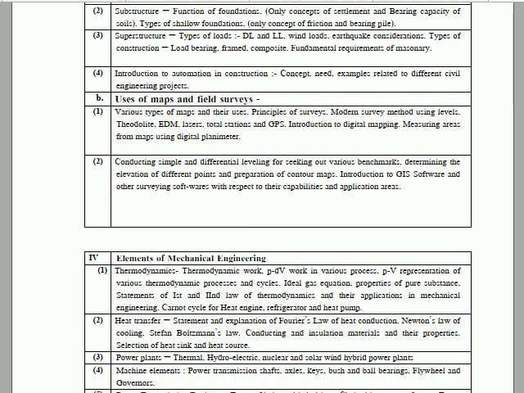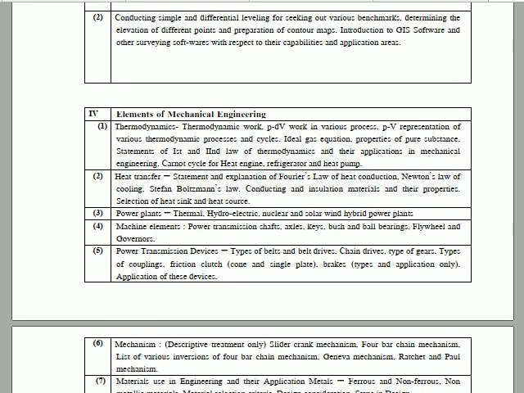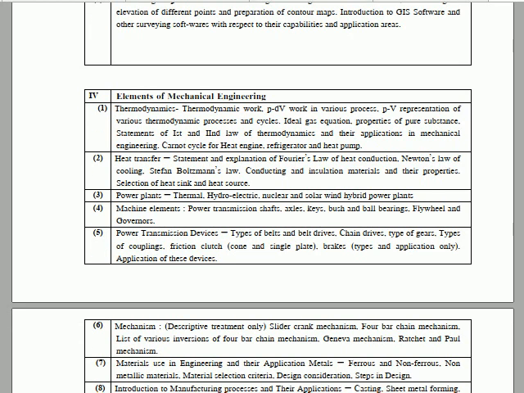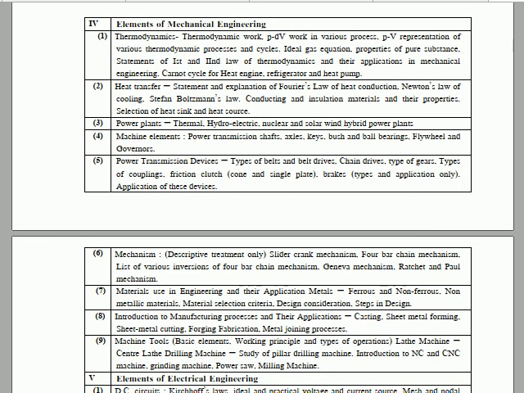The next subject is mechanical engineering, which consists of the mechanical engineering syllabus. It's a little vast. It consists of topics like thermodynamics, heat transfer, power plant, machine element, power transmission, mechanism, materials, manufacturing process, machine tools. The thermodynamics part will cover work, PDV work, PDV representation, thermodynamic process, cycle, ideal gas